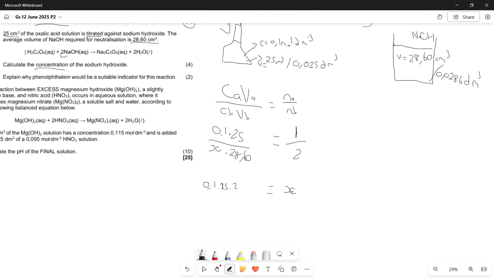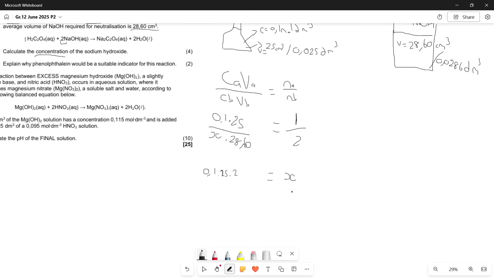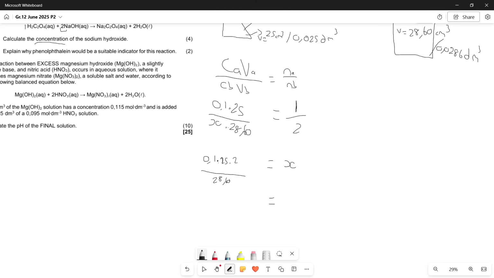What we're doing is cross multiplying in one step, but if you prefer to move it line by line, that is also all good. Whatever makes it easier for us and helps us get an accurate and correct answer. So we move the X up top, and then what we're left with at the bottom is 28,60, because we moved the X and we don't have to move the 1 down. The 1 won't affect anything, which just means we can go ahead, plug this in our calculator, and our answer for X is